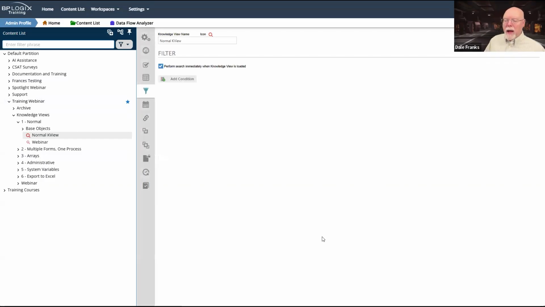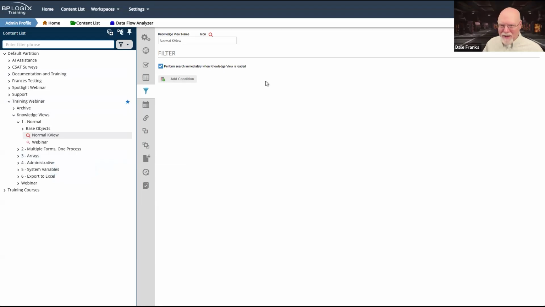The filter tab, because we don't want to return more than 100 records, becomes super important to ensure that our default view doesn't return more than 100 records. Now, in this case, it's unnecessary because I am not going to submit 100 instances of this normal form.